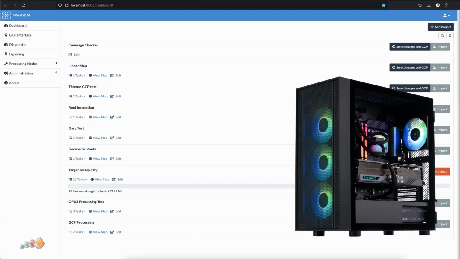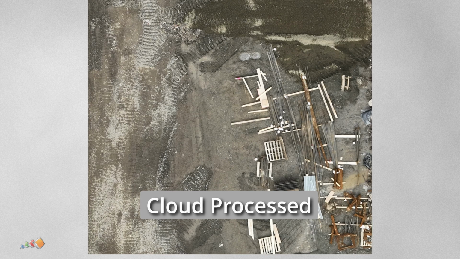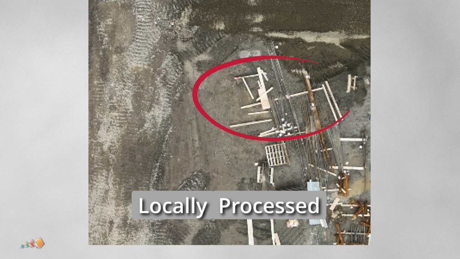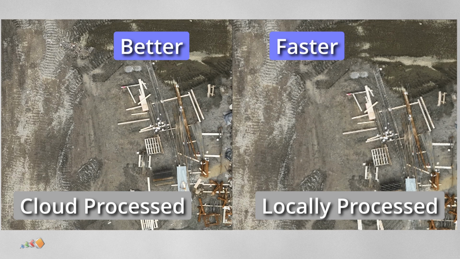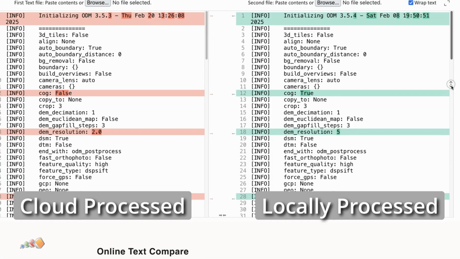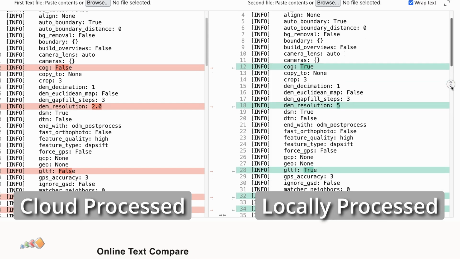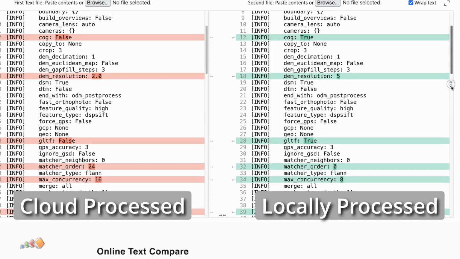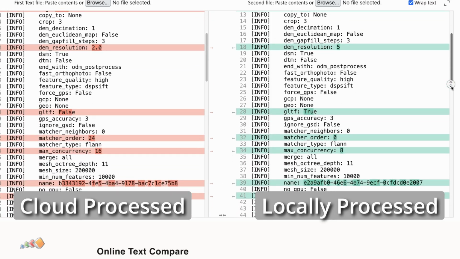If you've been processing maps locally on a PC using WebODM, you might not be getting the quality that you expect. In fact, your local results could be significantly worse than those processed in the cloud without you even realizing it. That's because WebODM's local settings prioritize speed over quality by default. Many users, including myself until today, assume that both local and cloud processing use the same settings, but that's not